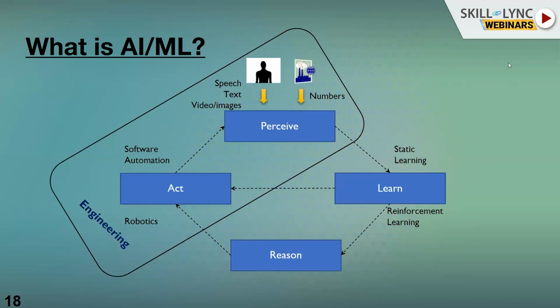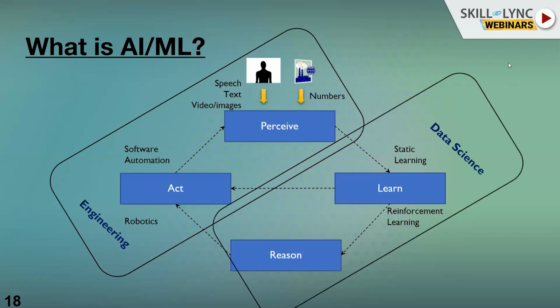You recognize the face, and the AI engine tells you these are the pixels that represent your face. That's where the AI engine's work stops. But the acting part, where you actually show that rectangle around your face, is software. So that acting part is done by the software. The core data science, the recognizing of the pixels which represent your face, that detection happens through a machine learning algorithm. So the learning faculties and the reasoning faculties are the data science component of it.